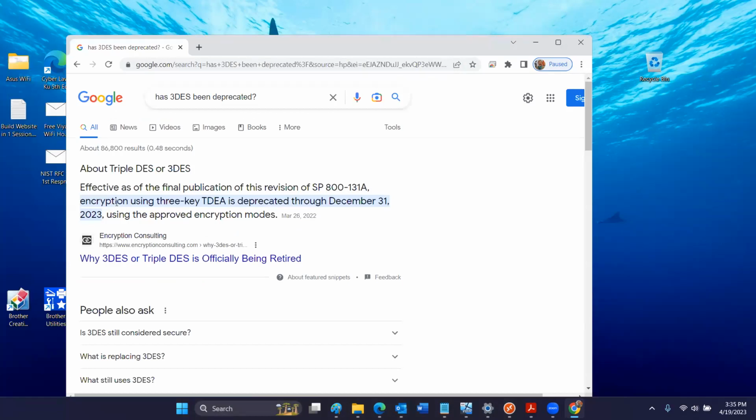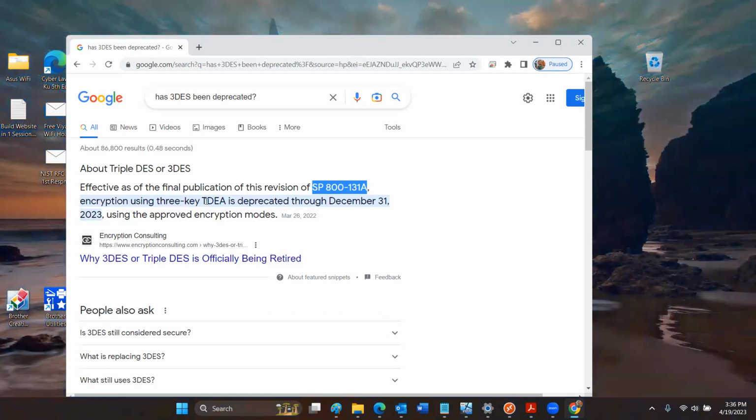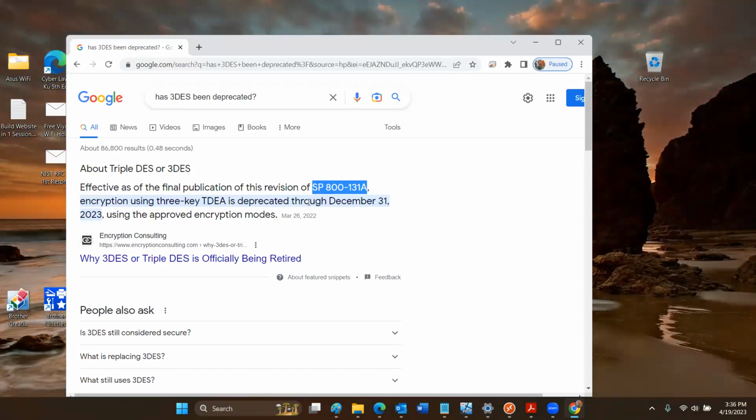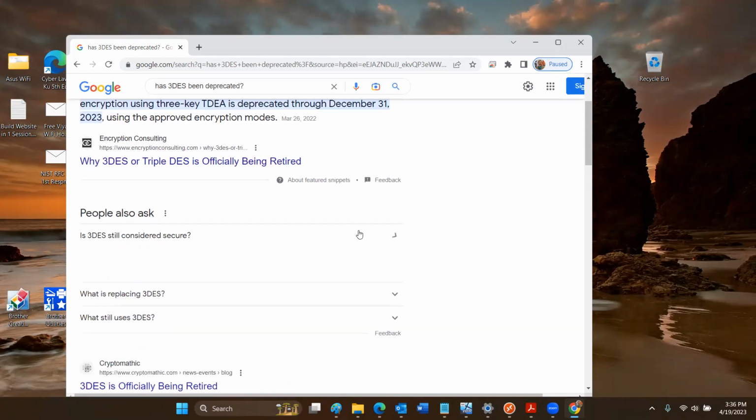This is NIST Special Publication 800-131A. It says, for federal purposes, encryption using 3-key TDEA is deprecated through December using approved. Is it still considered